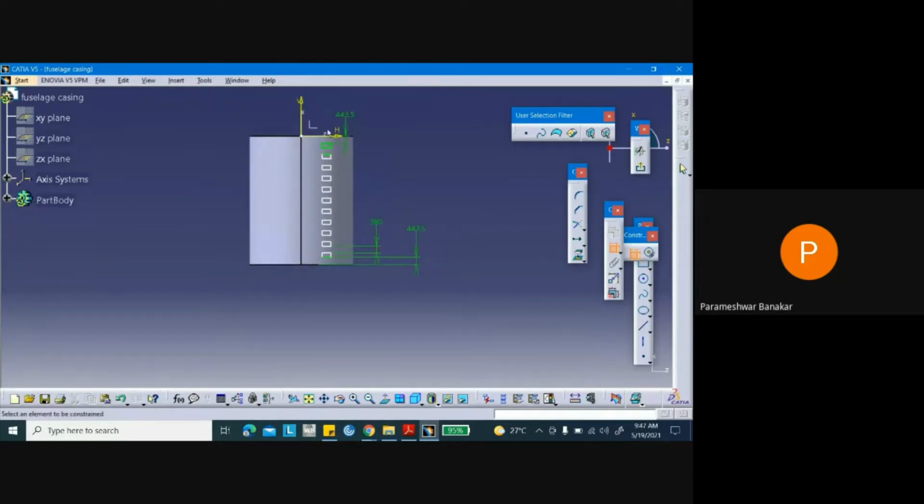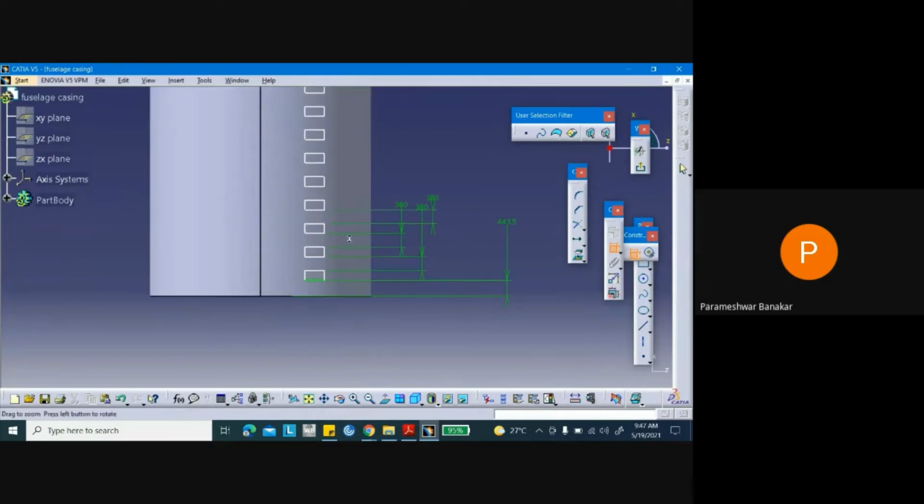Correct. So here also 443.5, this also 443.5. If it is coming like this, your windows are perfectly done.